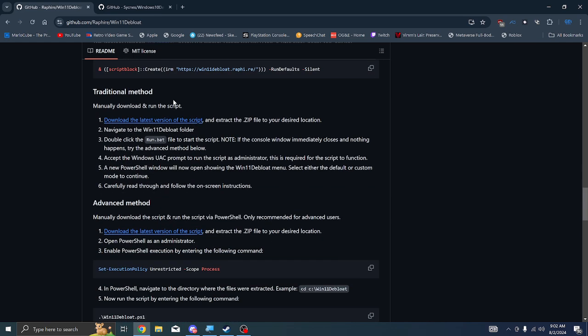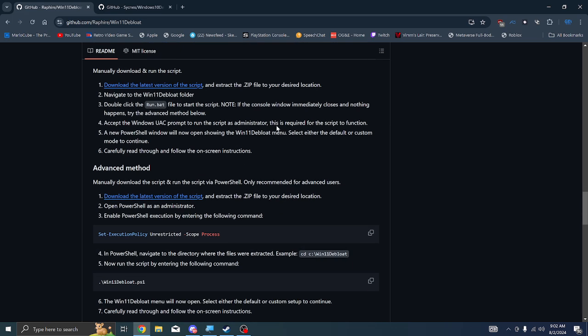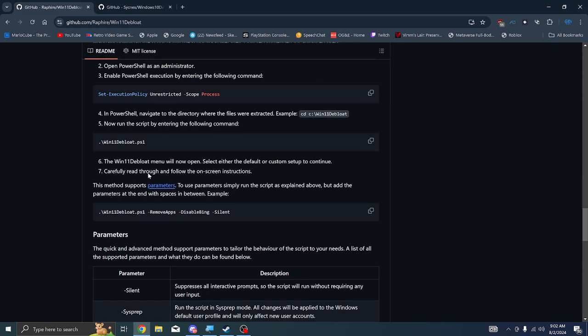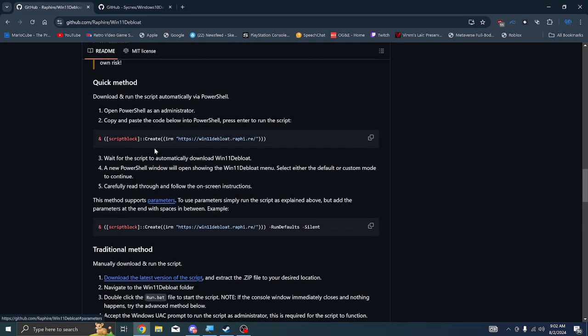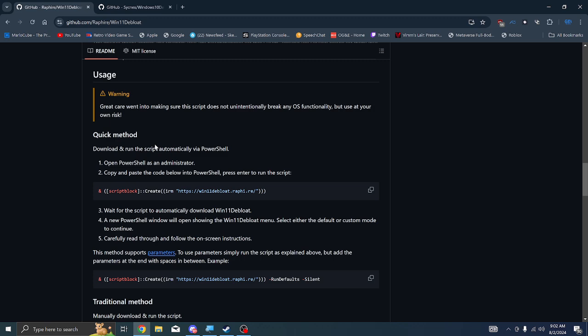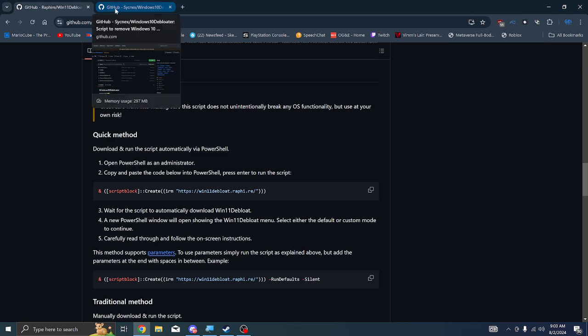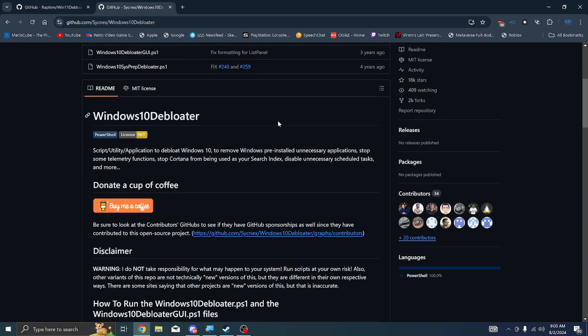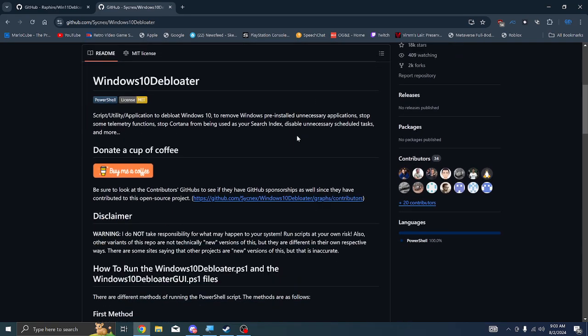There's also a traditional method that they call it, and you can follow the instructions on here if you want. And then they have an advanced method if you know what you're doing. So you have a couple of choices with Win11 debloater. Win10 is, I believe, pretty much the same concept,